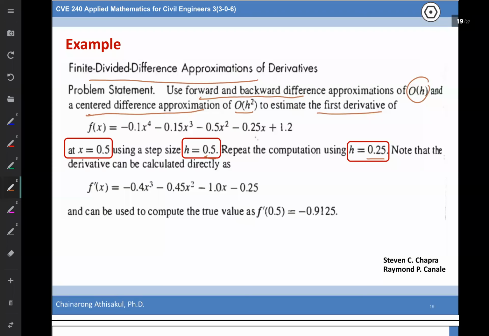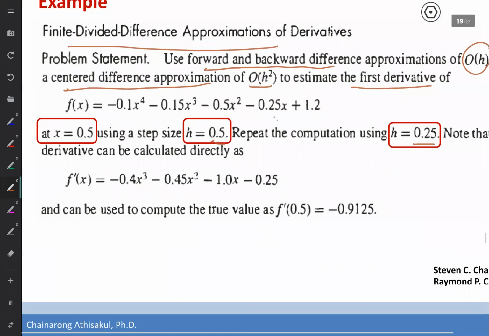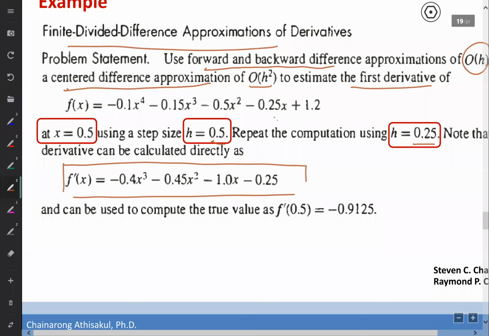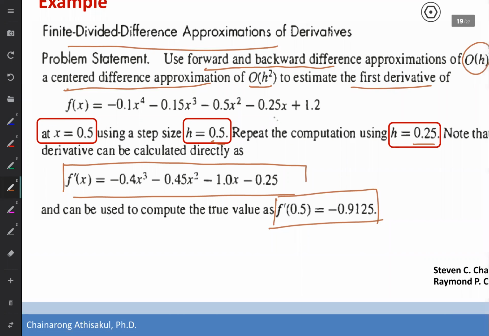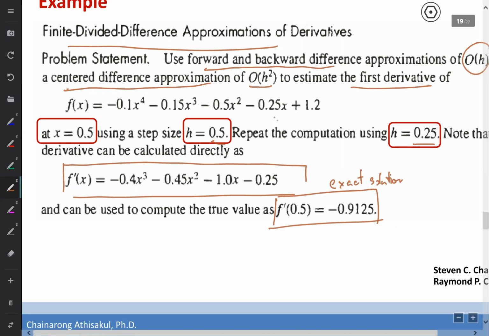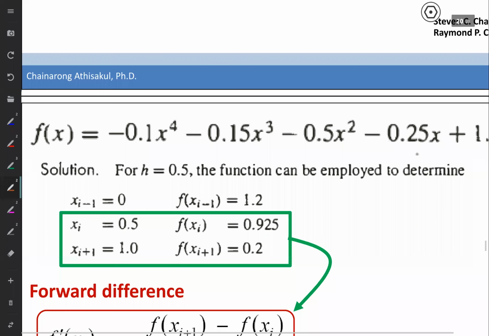Okay, so we know that if we take the first derivative of the function, we get the exact one like this, and we find the true value. We call this the exact solution because we derive it analytically, and we have the formula, and after we substitute the value of h equal to 0.5, we get this. Okay, this is the exact solution. Okay, if we apply